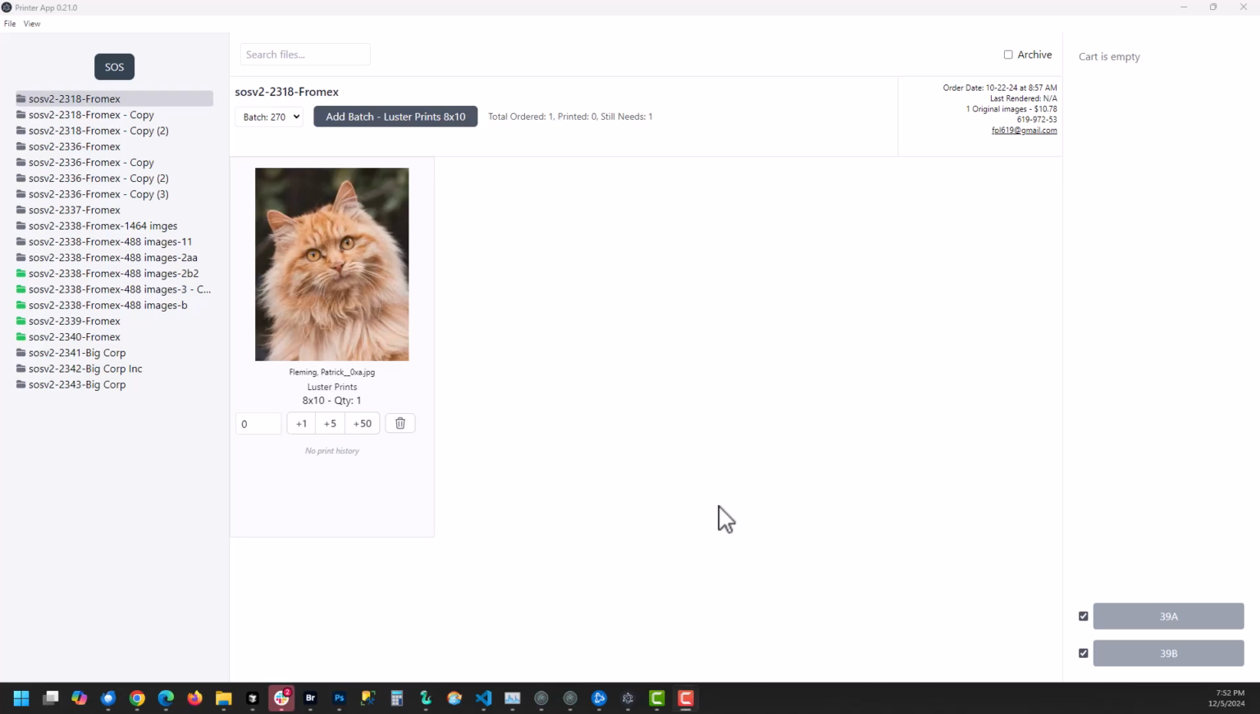Here is the latest on the printer app. Another day without a whole lot of actual UI changes that you can see, but again, I've made a lot of progress on the database and how I'm gonna actually do things in a better way. So